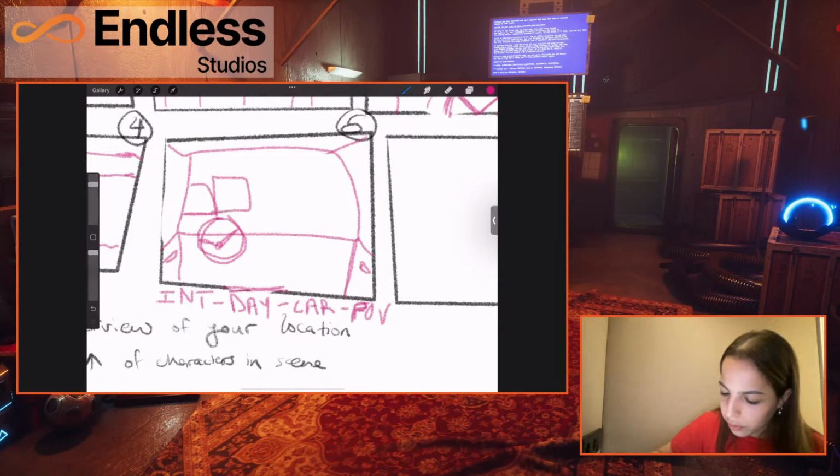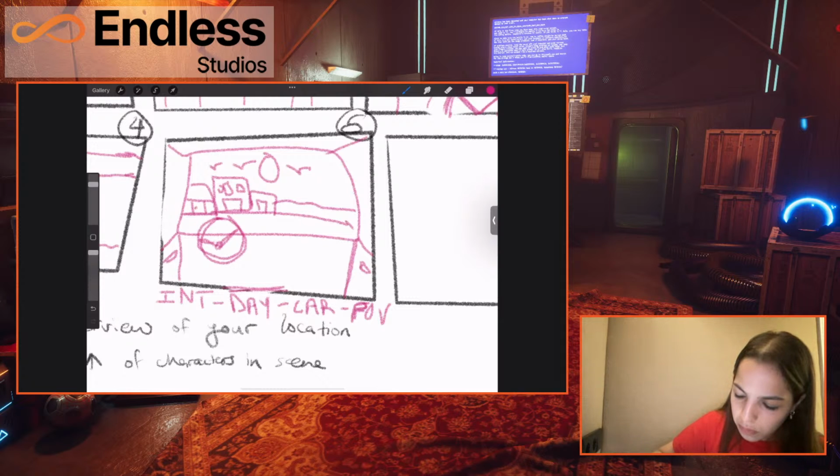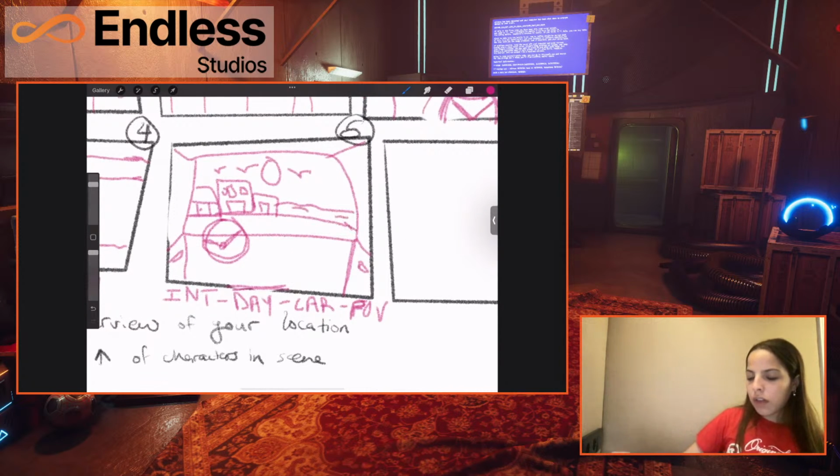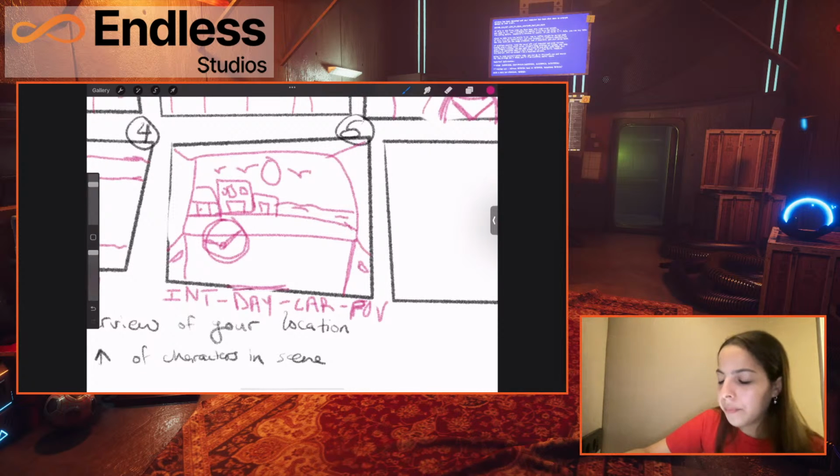So the same sort of scenery that I drew earlier, but now it's being viewed from an interior. So yeah, now you kind of get that scenery over there.